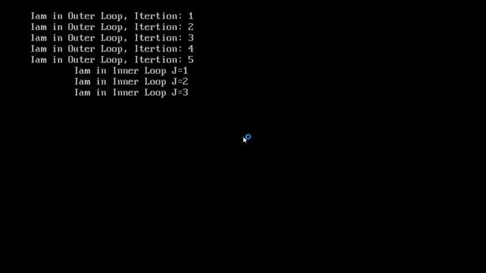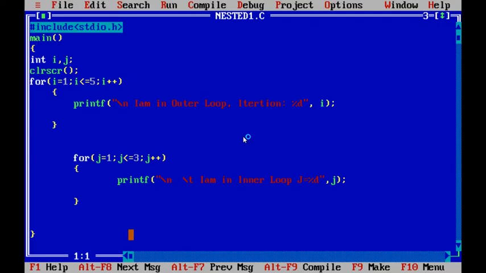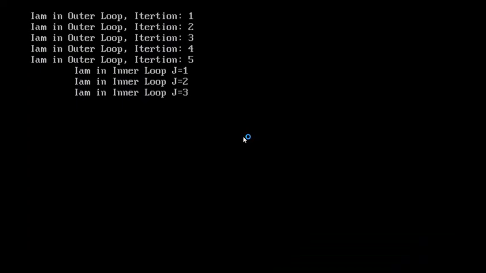This output is without using the nested for loop. We are writing the for loops sequentially. This is the sequential loops output. If you write the two loops sequentially, this is the output.